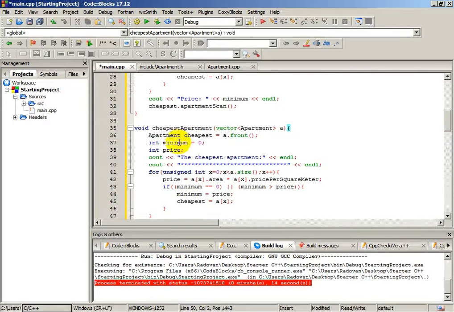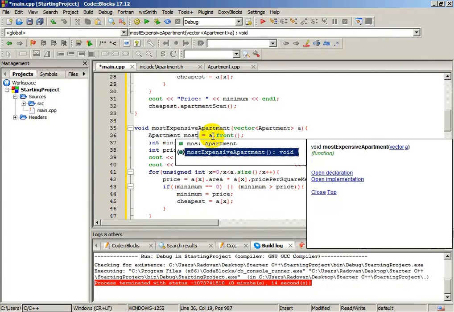Okay, it is cheapest apartment. It will not be cheapest, it will be most. The name of the function will be most expensive apartment. And here apartment cheapest, we will define apartment most expensive